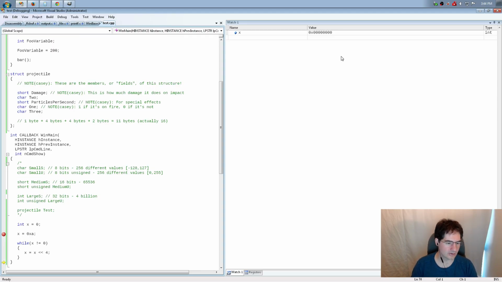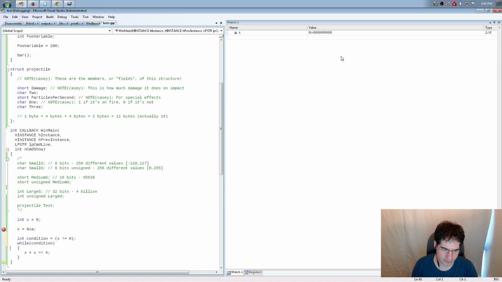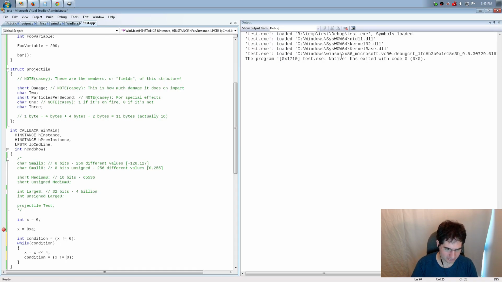So a while loop is really trivial. It's just one conditional, and again, that can be a variable as well. So I could do, this is the condition, right? And then I can say while condition. Now, it's only going to execute the code in the loop. Since condition was set up here, it would never recheck. So I would have to, again, set it. I would have to test it each time after as well, right? To keep re-upping it. But now you can see explicitly what's going on.